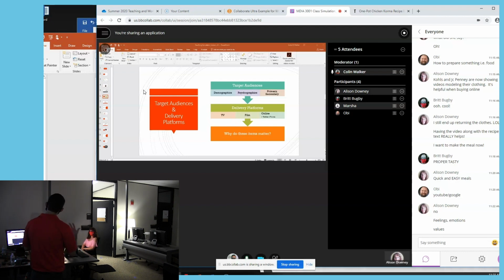And then finally, any audience beyond that is typically called a tertiary audience. So the delivery platforms we typically see for training videos are going to be TV, film, and then online. Okay, and sometimes they even break down online into different devices like tablets, phones, and whatever else might come out